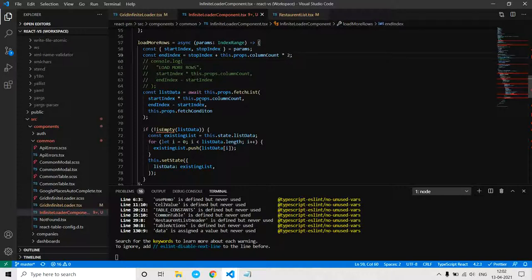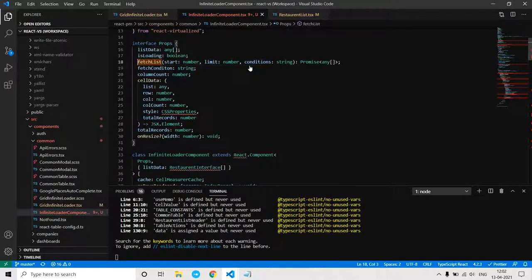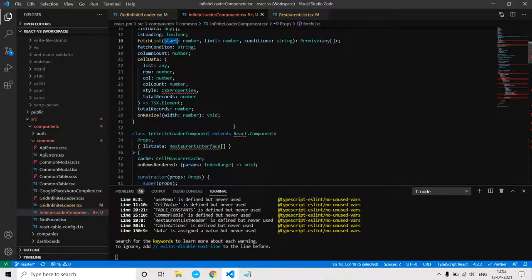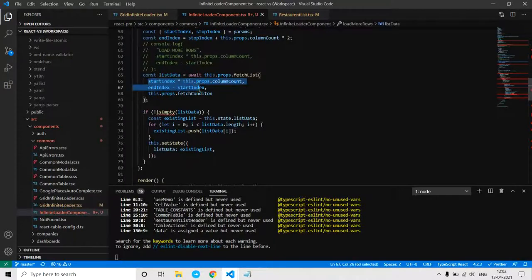Okay, so here we have this fetch list function. Here fetch list is nothing but our API function which takes this start and limit. Limit is the number of records to be fetched, and start is the starting index.